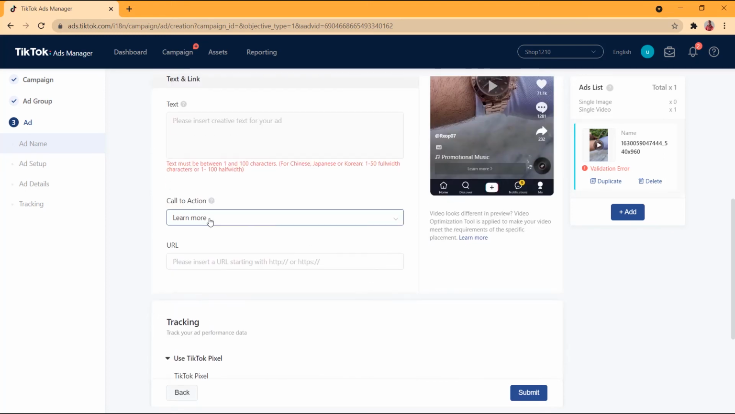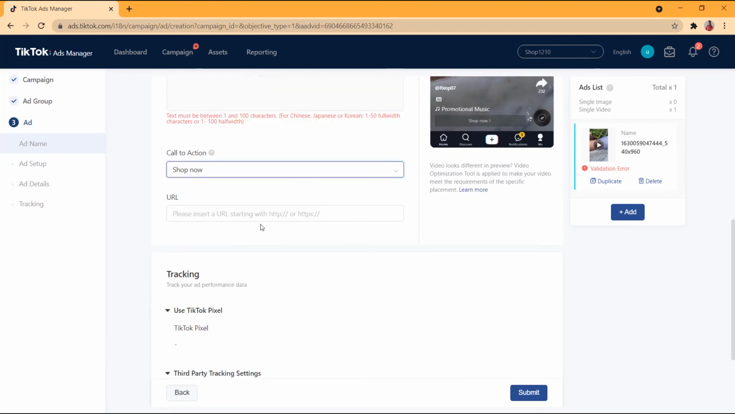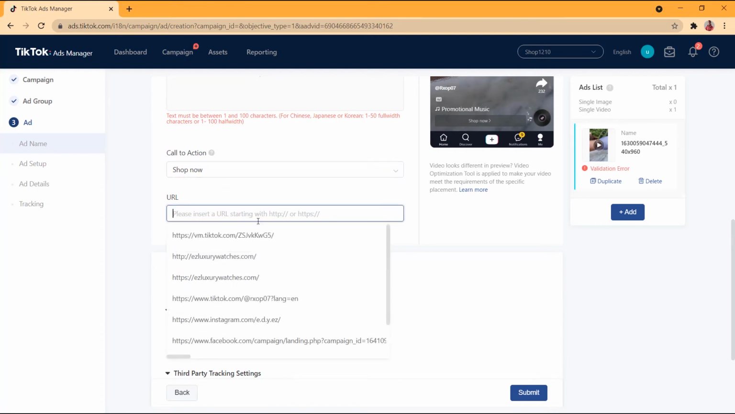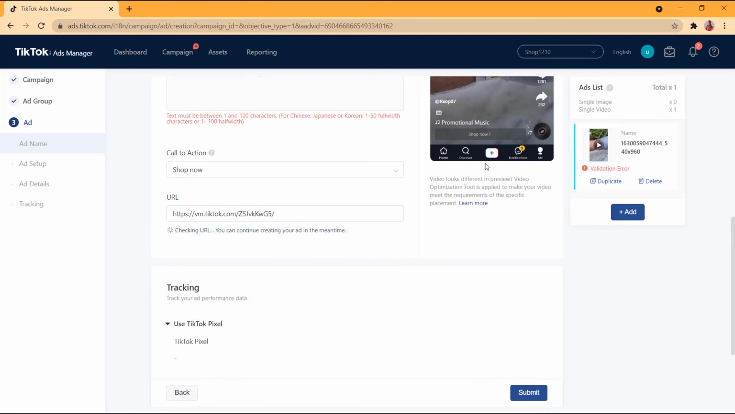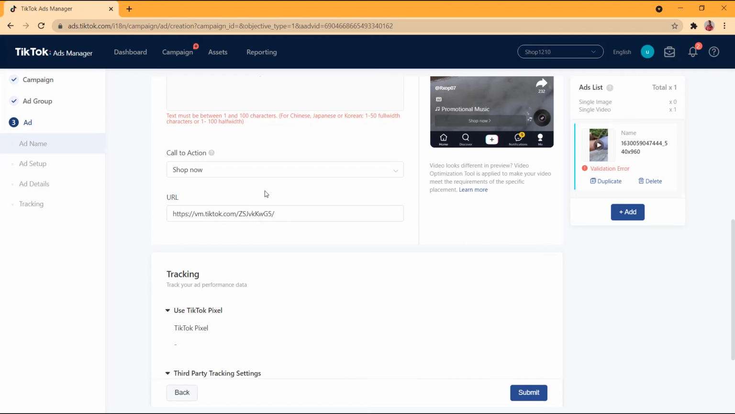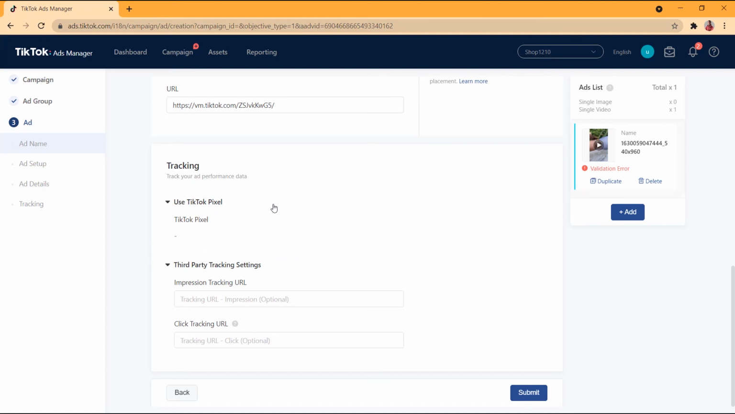So here for the call to action, I'm going to choose the shop now, and then here you can also choose any URL that you want. For example, you can choose the URL of your TikTok profile or the URL of your website, any that you want to make traffic on. So for me, I'm going to choose the URL of the TikTok,